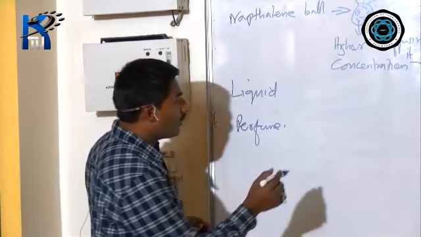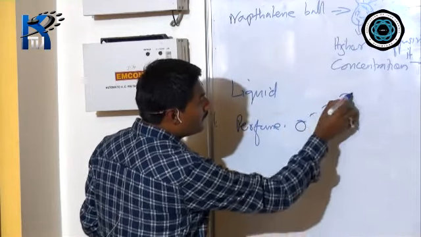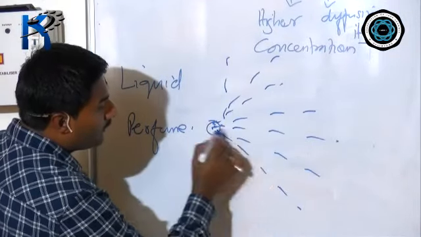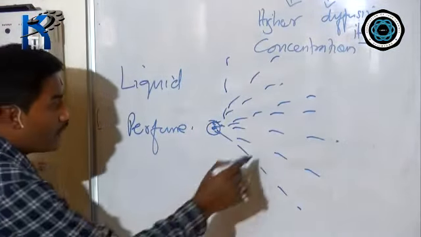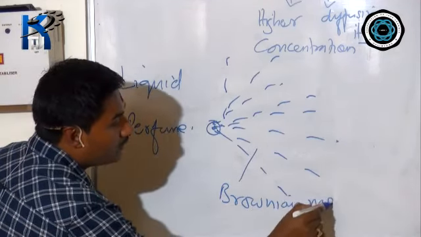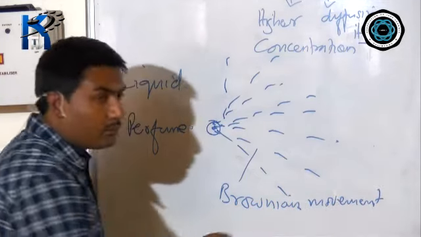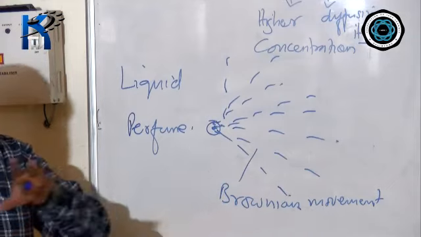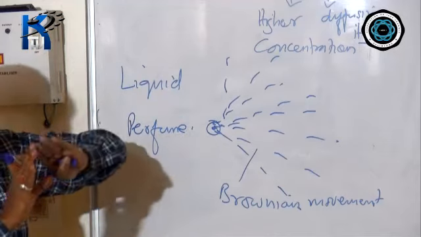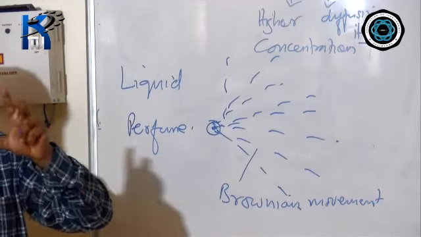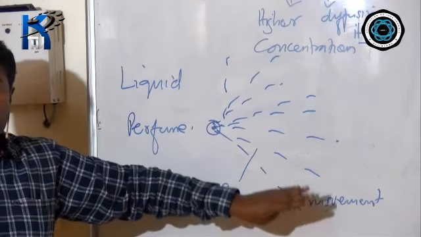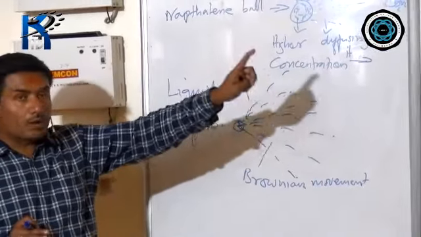And here the type of movement of these molecules is haphazard. It is not that they move accordingly. Here, for example, the molecules are moving in any direction. It may move in any direction. This haphazard movement of molecules, what do you call it? You call it Brownian movement. Any molecule that moves in a random manner, randomly moving here and there, and finally all the molecules become uniformly distributed. This type of random movement of the molecules, you call it Brownian movement, which you observe in diffusion.